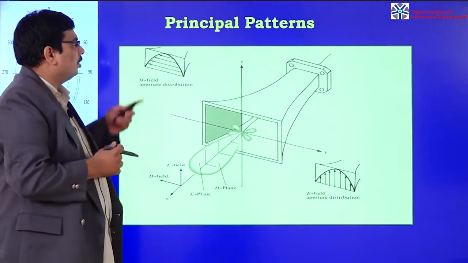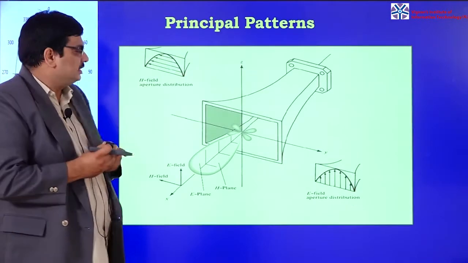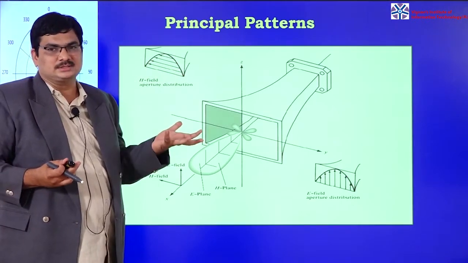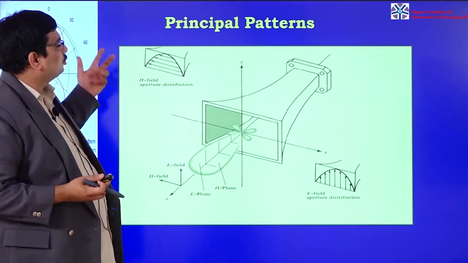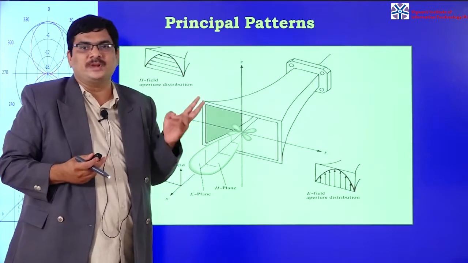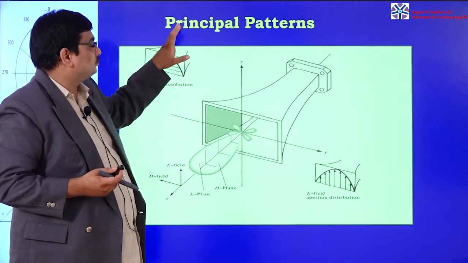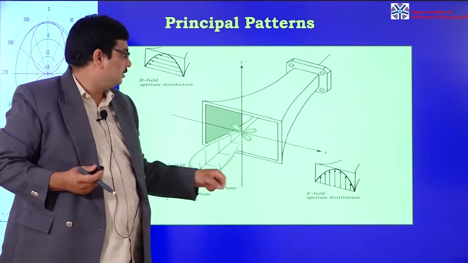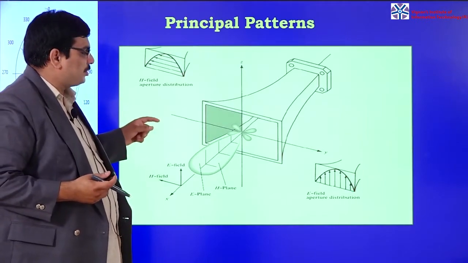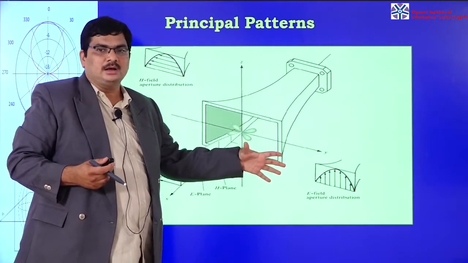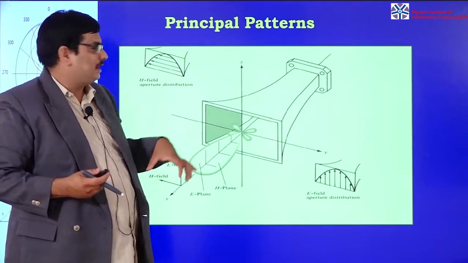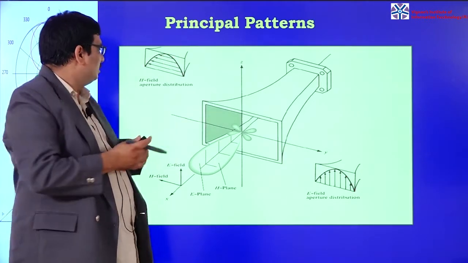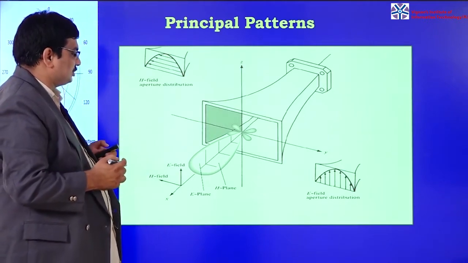And the next one is the principal patterns. In your 3D structures, we can't see all the directional characteristics directly. That is why we have to see those characteristics in 2 planes. The 2 principal patterns are the E plane pattern and the H plane pattern. In the E plane pattern, we are cutting our antenna along the maximum radiation, and in the H plane pattern we are cutting the H fields and the maximum aperture distribution.